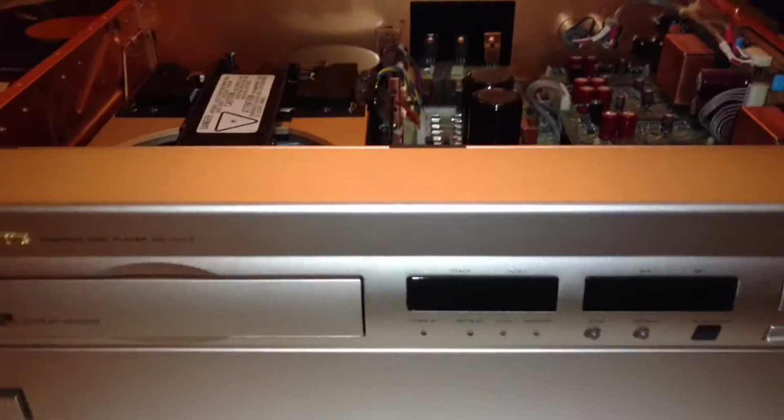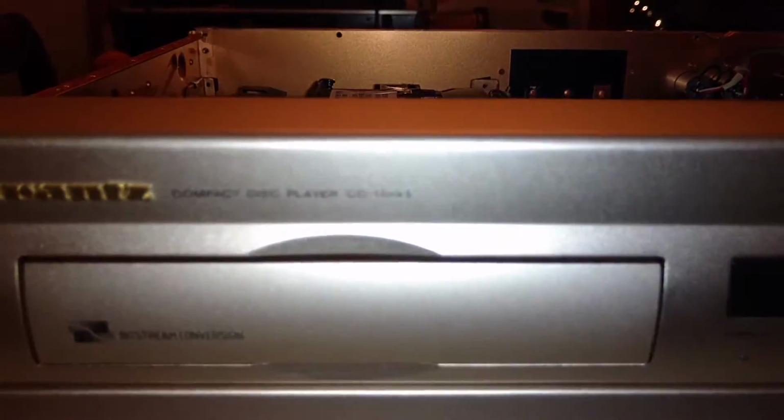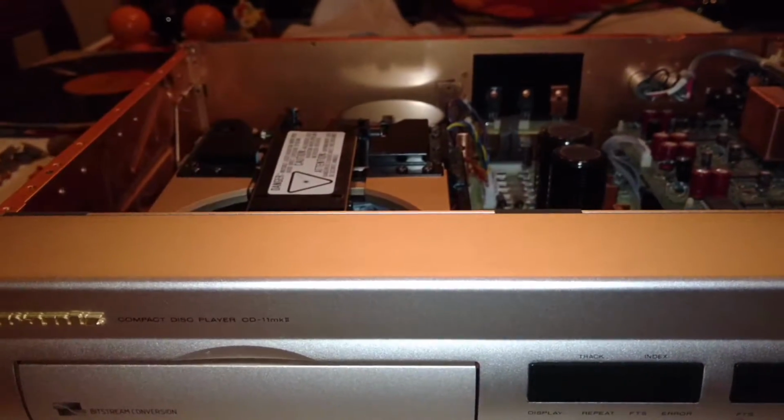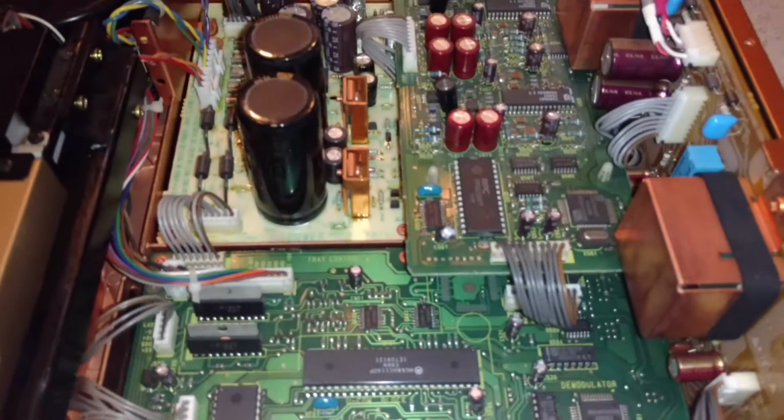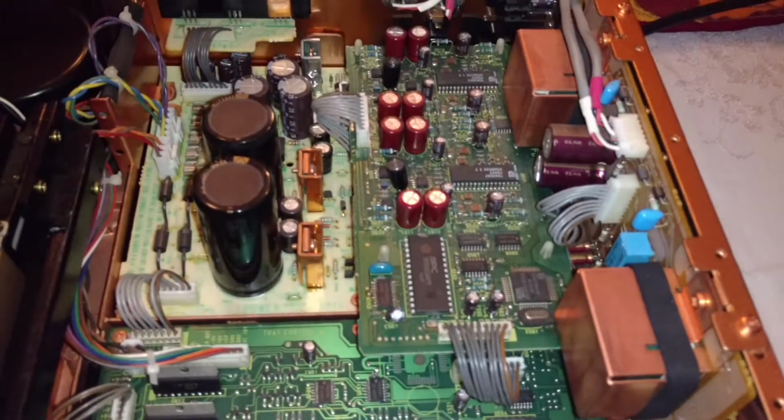We've got a Marantz CD-11 Mk2. Great player, very good quality. It uses the CDM4 transport. It's a very good quality player. The only issue that I found with it, and I've had this for several years, and it worked great up